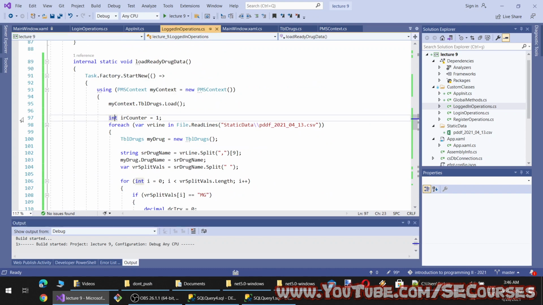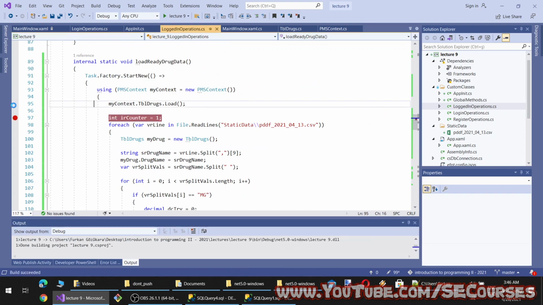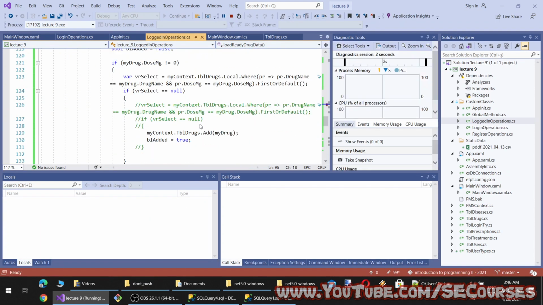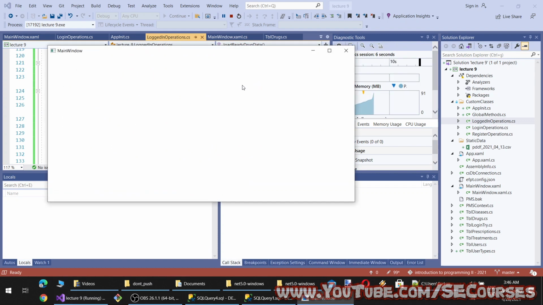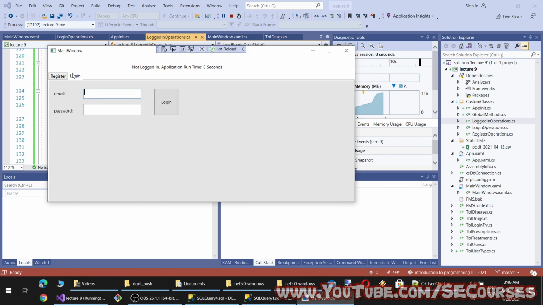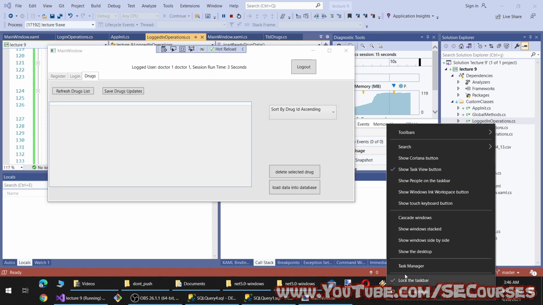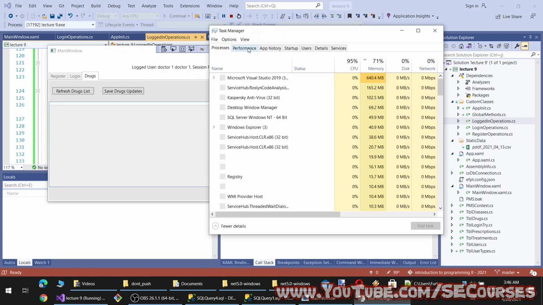So it should load everything in the database to the RAM right here. Let's see how much RAM it will increase. Then we don't even need to check the database anymore because they will be in the local cache or not. So it will be pretty fast. Of course, it would require more RAM memory. If you had millions of items, you can do that.